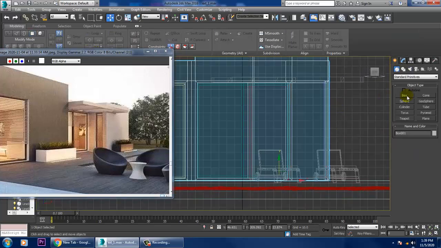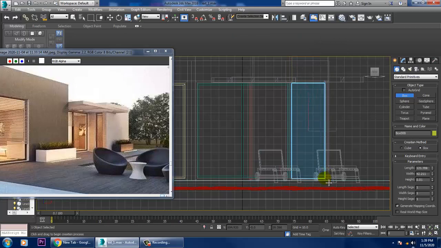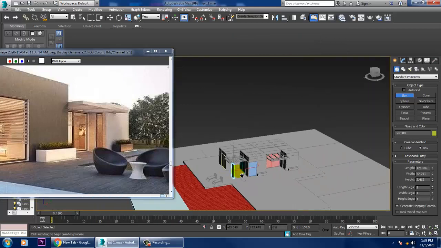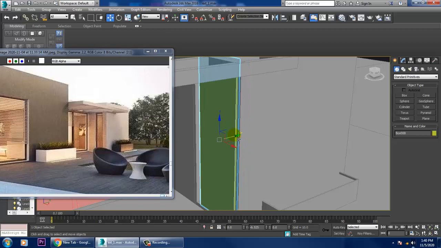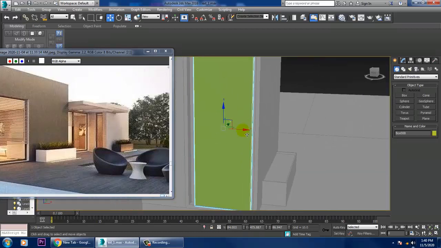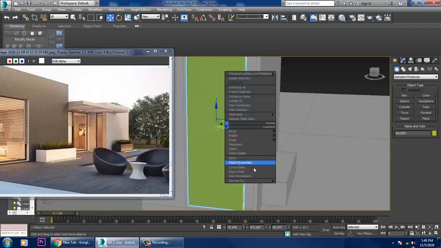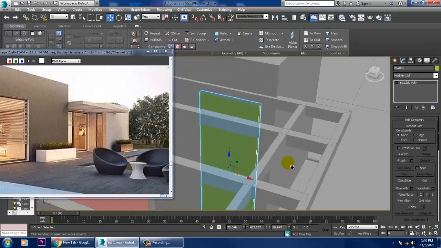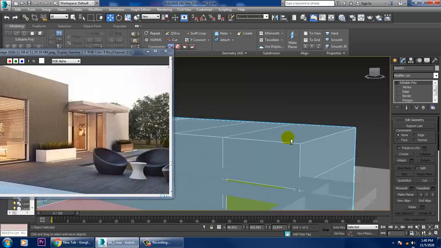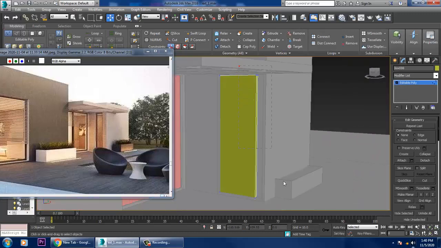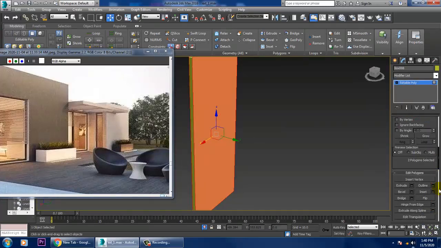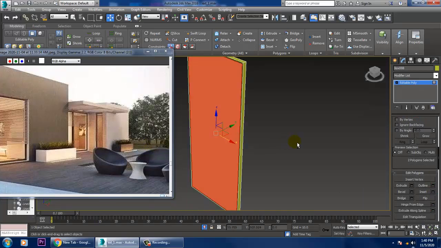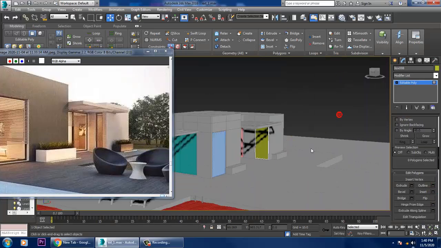Let's take again a box over here, so slightly shift it inside, so convert to editable poly, so just push it over here, press 4, and let's give again inset and isolate. That's it. Save your file.